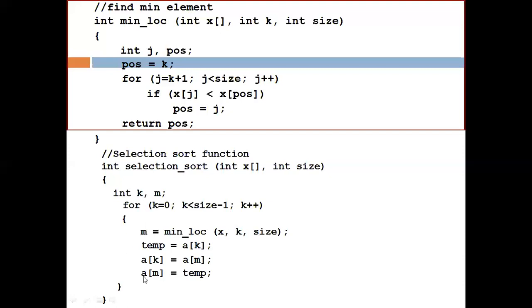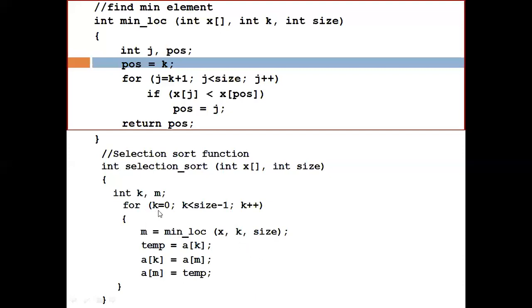In each iteration, we call this function min_loc, and we pass this array x from where we want to find the minimum element, and the position k.